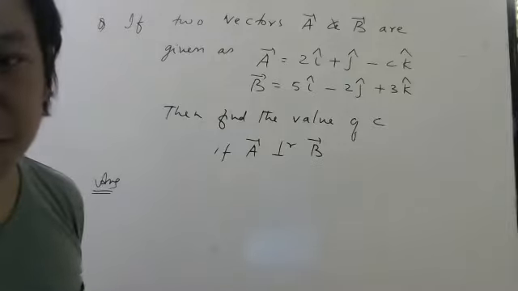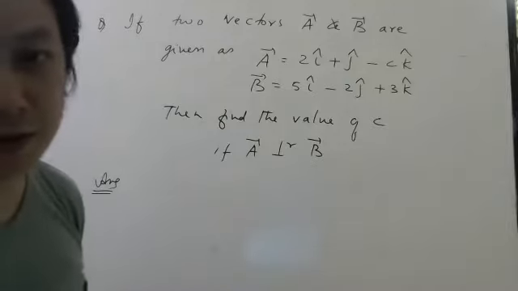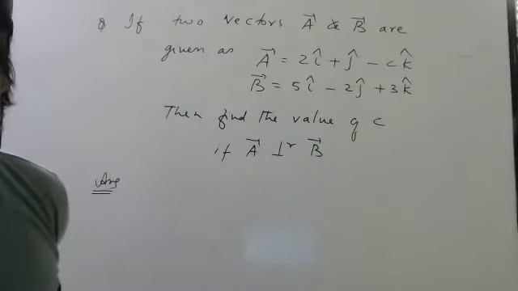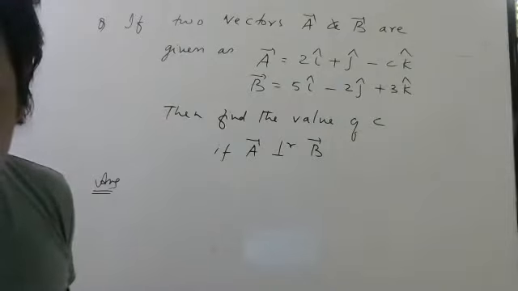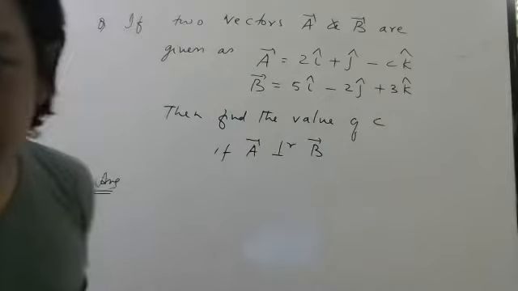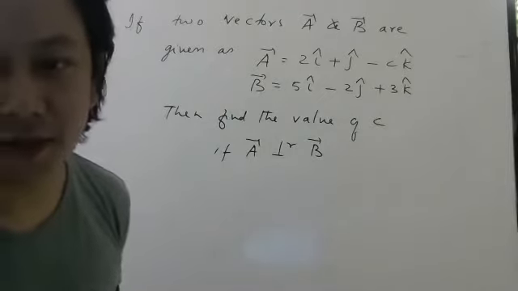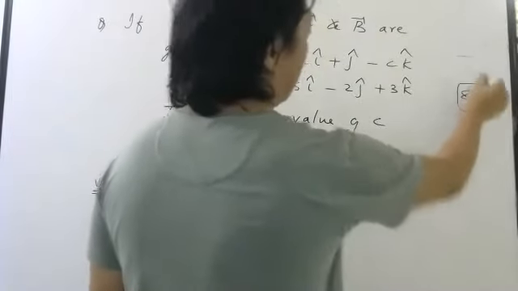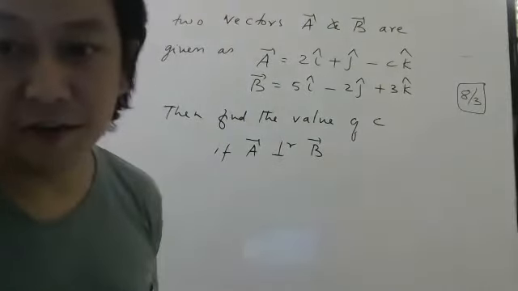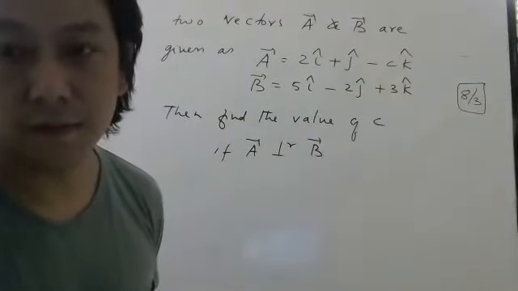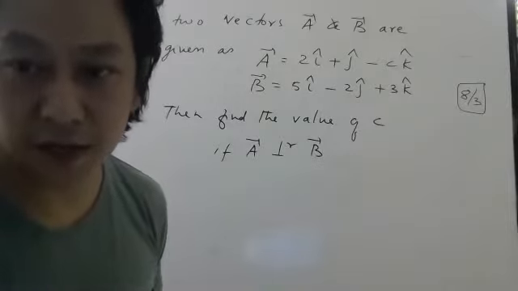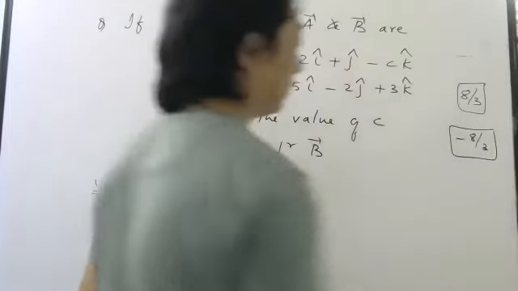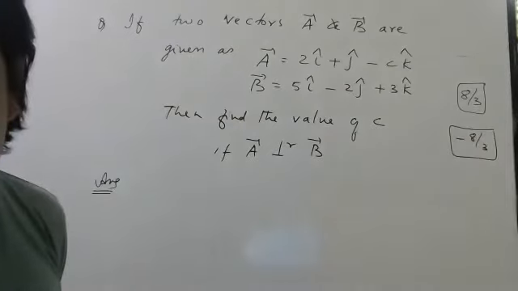Try once, think, no problem. If you can do it, good. If you can't, I will do it. But always try. 8 by 3. Okay. Tarun, please write publicly, no? Most of the students are saying 8 by 3. I'm not sure. I don't know. I just made the question now. Others also please try. Some are saying minus 8 by 3. Everyone should try, please.